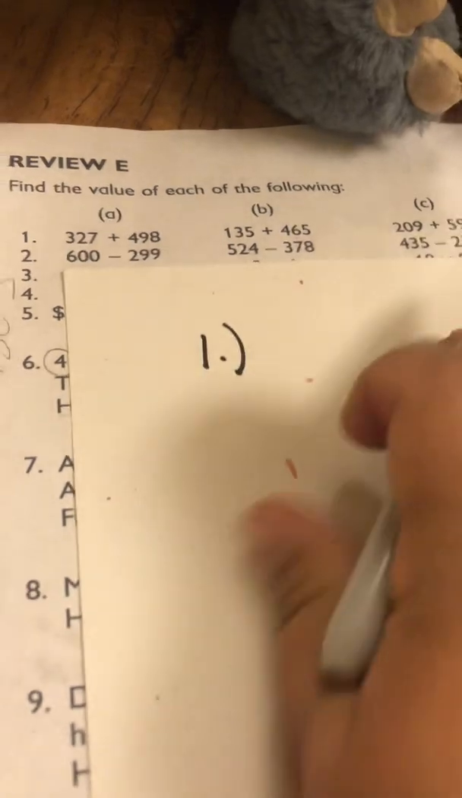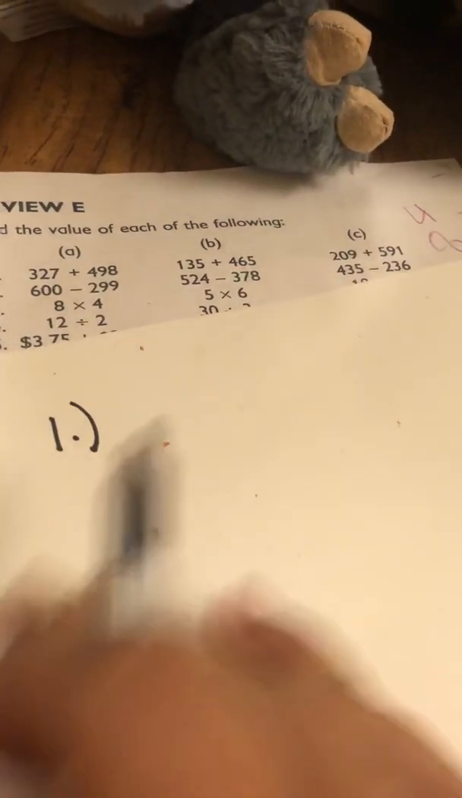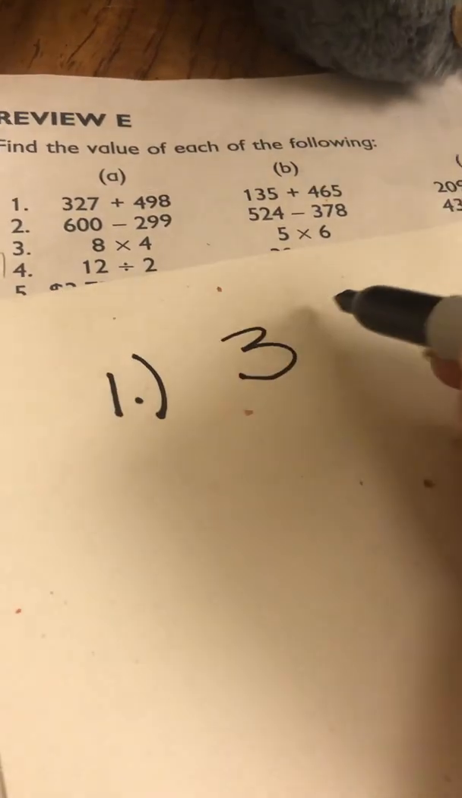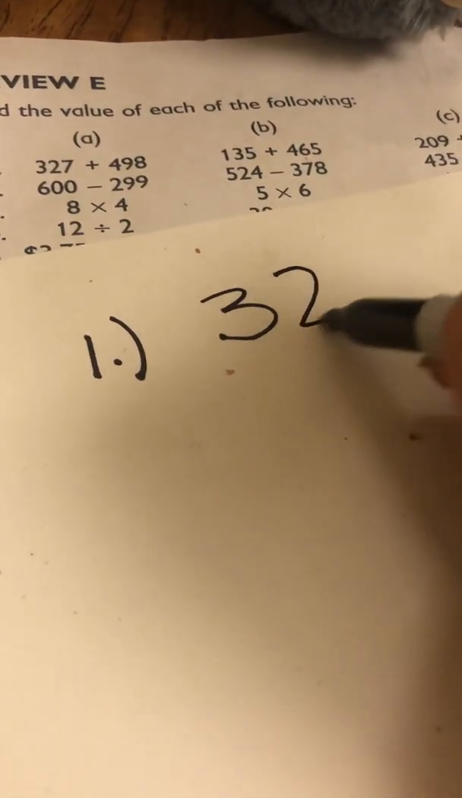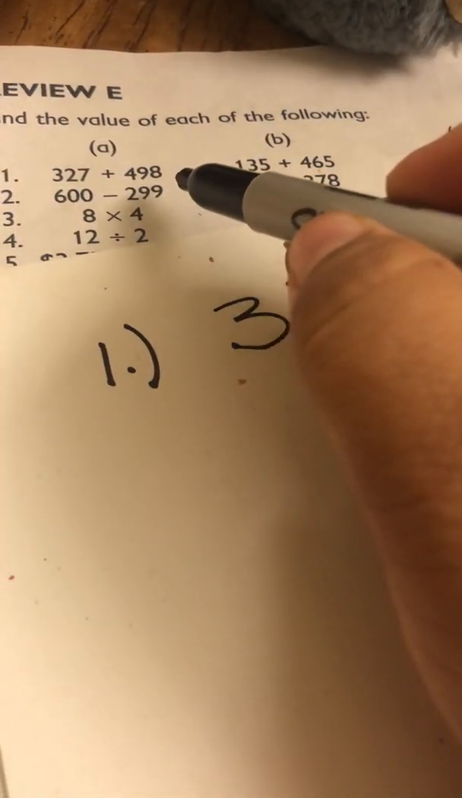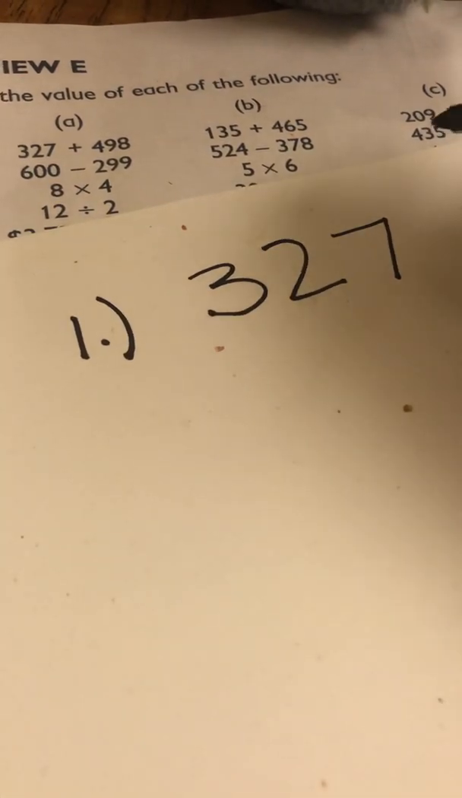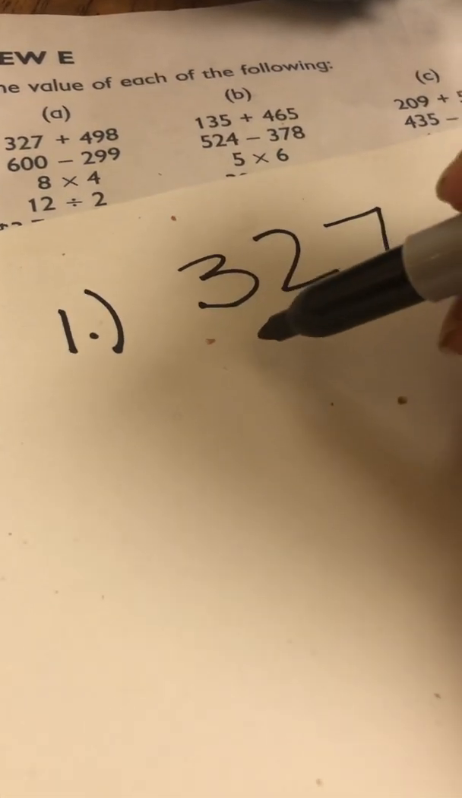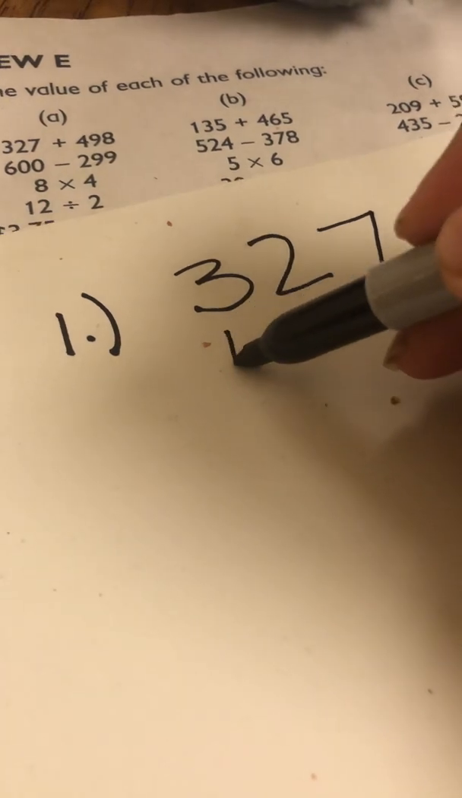White sheet of paper. Okay. So, let's see. All right, so I have 327 plus 498. Now, I like doing my addition 3-digit problems going up and down, making sure that I have